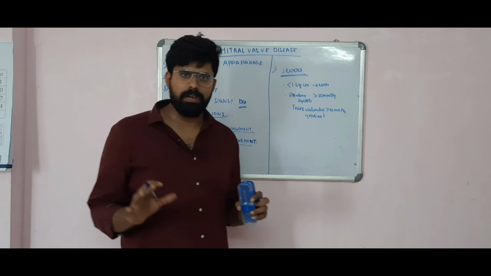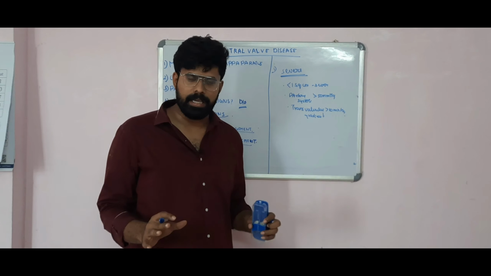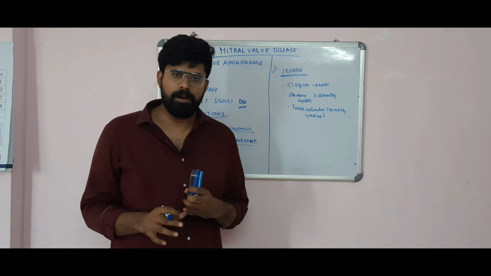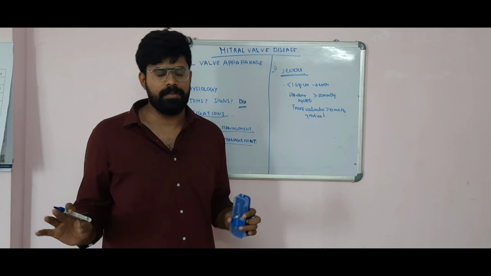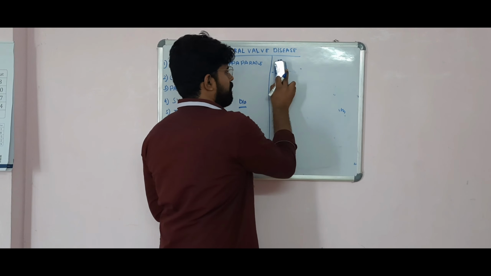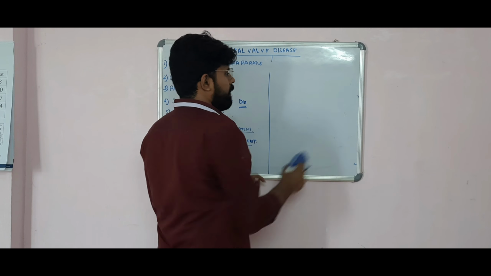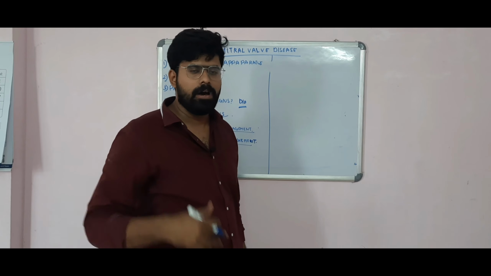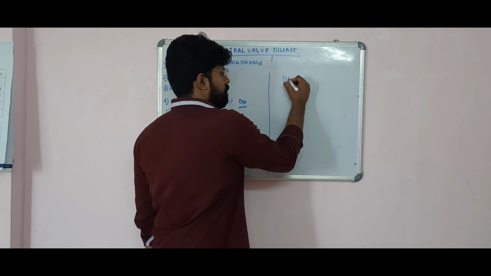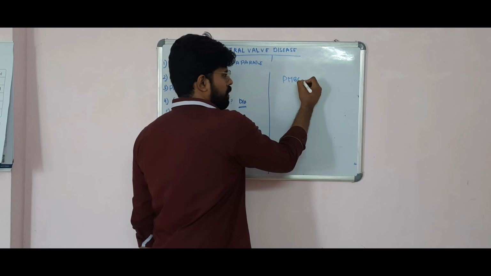In any patient with severe mitral stenosis who is symptomatic, take him for surgery. Even in moderate mitral stenosis, if he is having symptoms, you can take him for surgery. This is important. Then what are the two types of surgery you can do? You can either go for a mitral valve repair or replacement, or you can go for a percutaneous balloon mitral commissurotomy. Who are the patients you can take up for percutaneous balloon mitral commissurotomy?